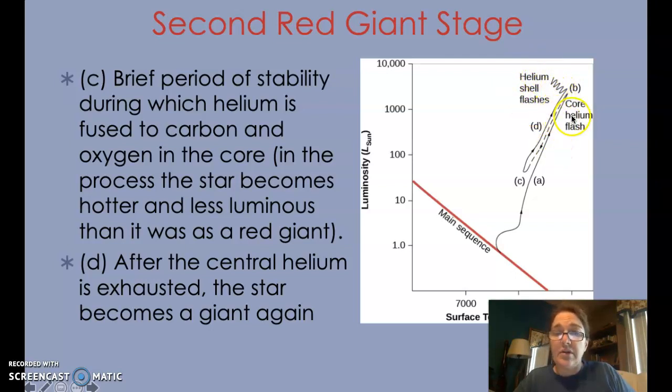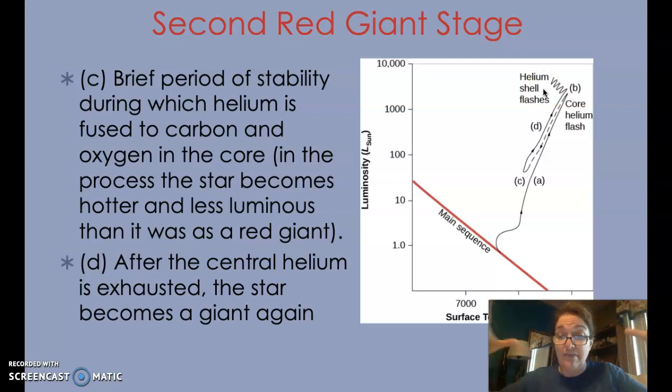Once we no longer have helium that can fuse, the star basically at this point is in the dying stage, because the core is not fusing, and so there's not enough heat being pushed out to